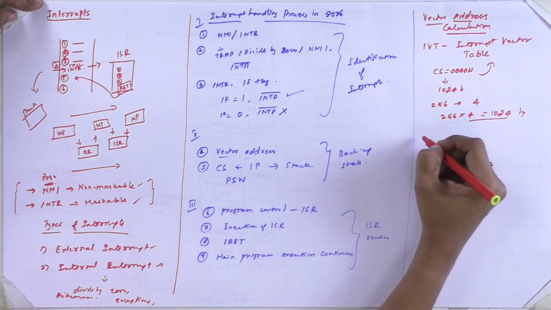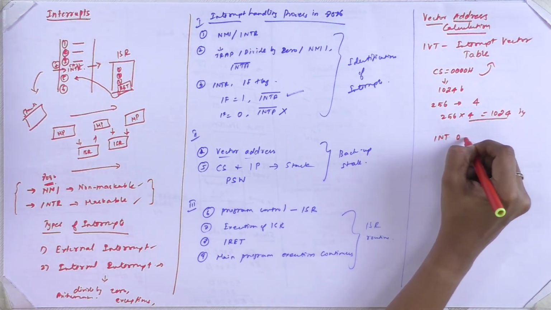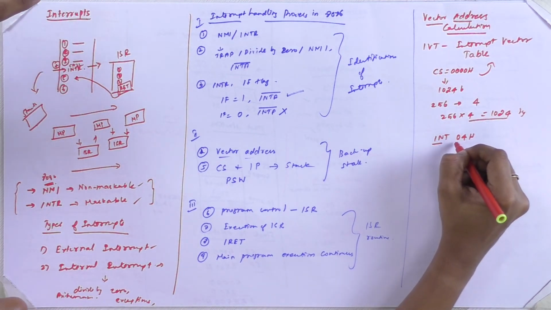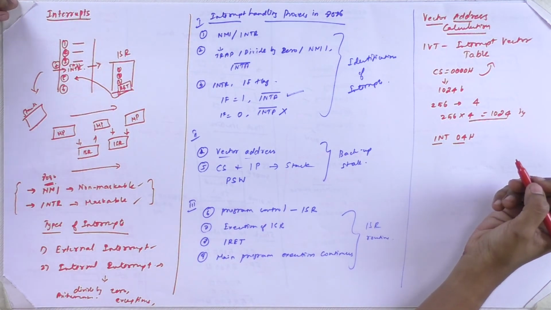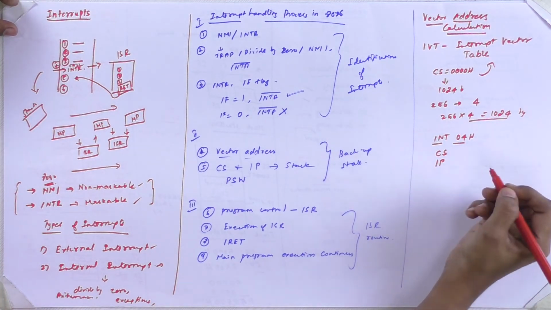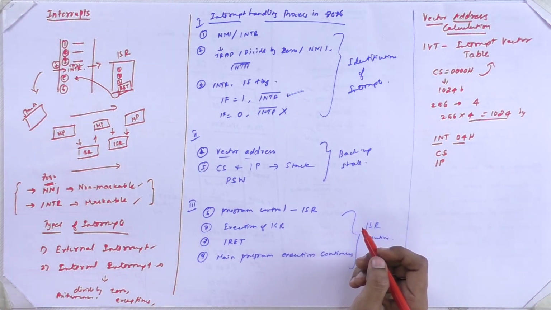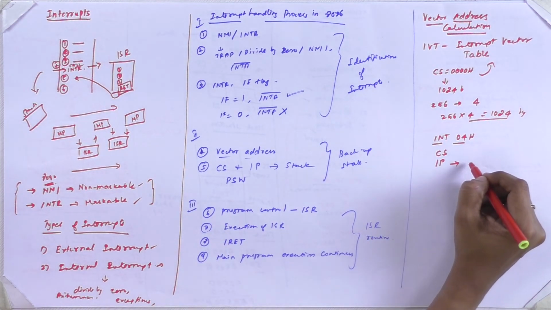Suppose the processor wants to calculate the vector address of INT 04H type. So this is the fourth type of interrupt, that is 04H. Then first it will have to compute the CS value and the IP value. So first the IP value is computed using the formula